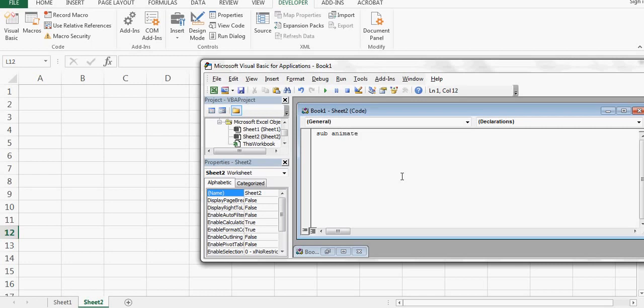This is my program, and I'll just put 2 parentheses and press enter. Animate is the name of my program. When you add 2 parentheses and click enter, you automatically get a line saying end sub. That means you have to have your program within these 2 lines, and this is your program called animate, right?